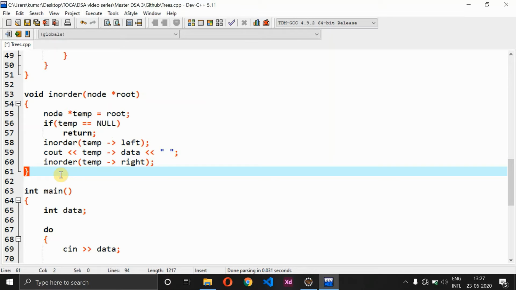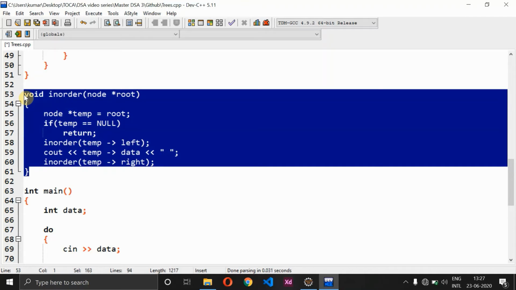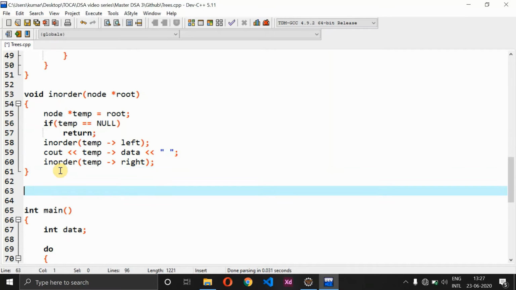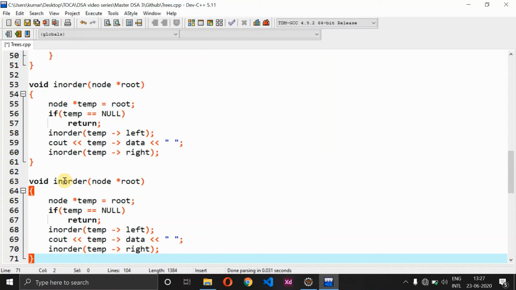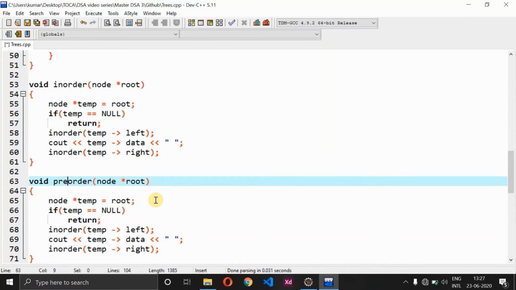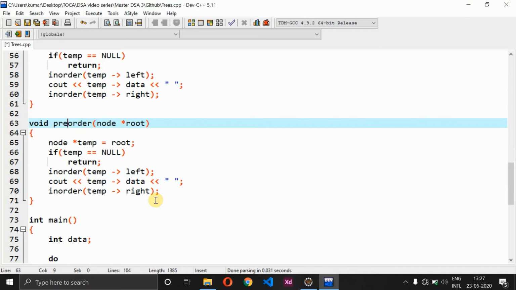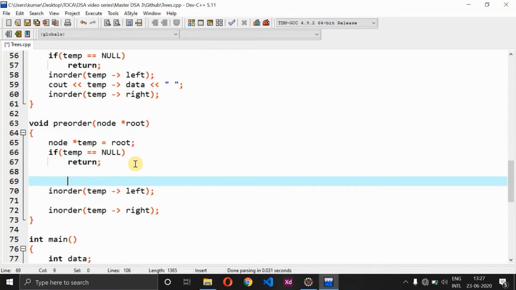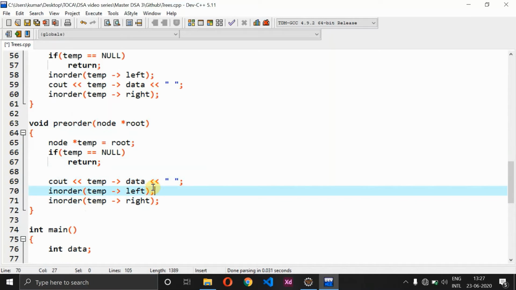So same way, let's just copy this, and let's try to modify this for remaining values also, right? So that is going to be pre-order as well as post-order. So do remember here for in-order it should be left, and then it should be right, and for pre-order or post-order, right? So first let's try with pre-order. So pre-order, and here also everything is almost the same, but the only change is first we have to display the root node, right? So first we have to display the root node. So I'll be writing the display function here. So cout values will be given, and then it should be left and then right. So that's the small change which we have made here. So it should be temp of data as well as temp of left and then temp of right.